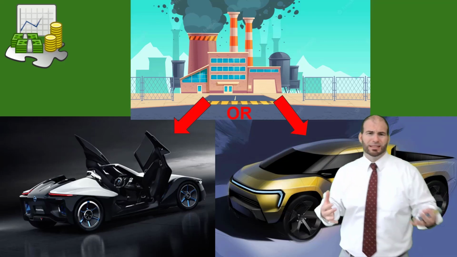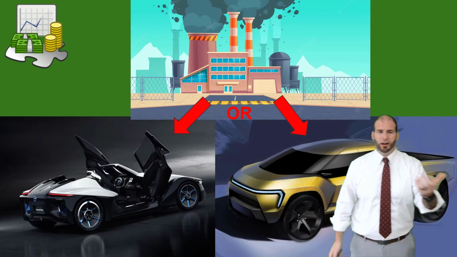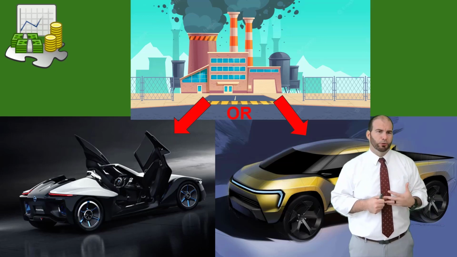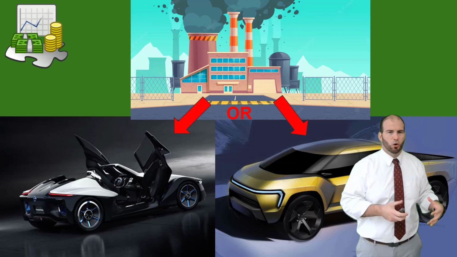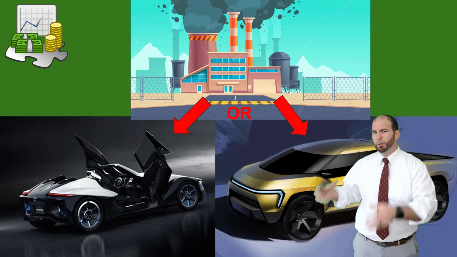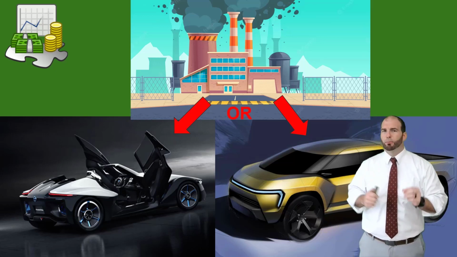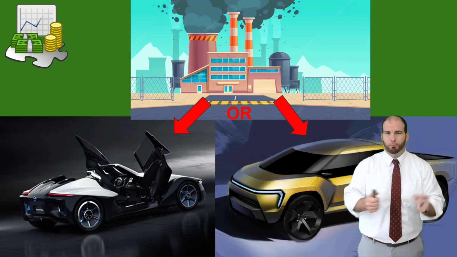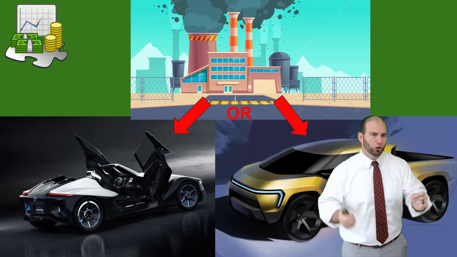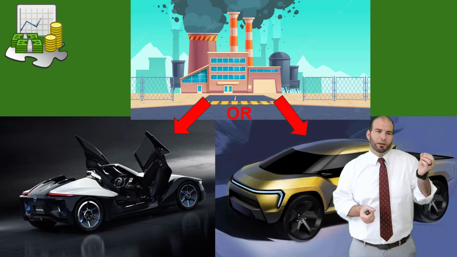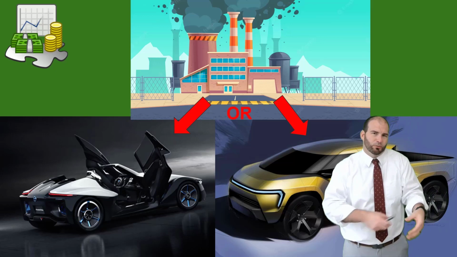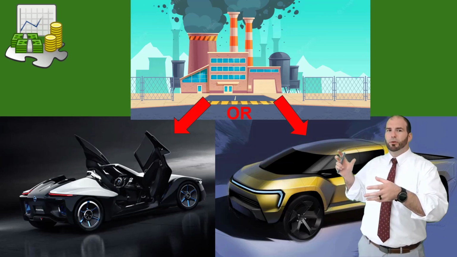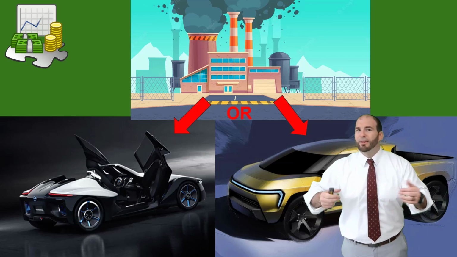On a business level, say there's a car factory. Opportunity cost would mean they have enough resources to produce either a brand new type of sports car or a brand new type of pickup truck, and they can only produce one. They don't have the resources to make both the sports car and the pickup truck, so they have to choose. They might be like, ooh, we can probably get more money for the sports car because it's going to be a super high-end sports car, but we can probably sell more units of the pickup truck. And they have to make a choice.